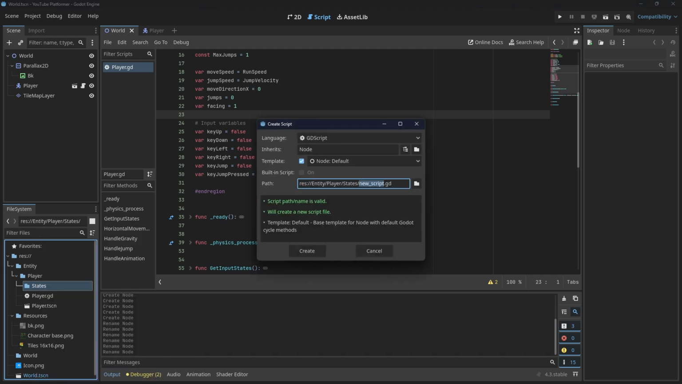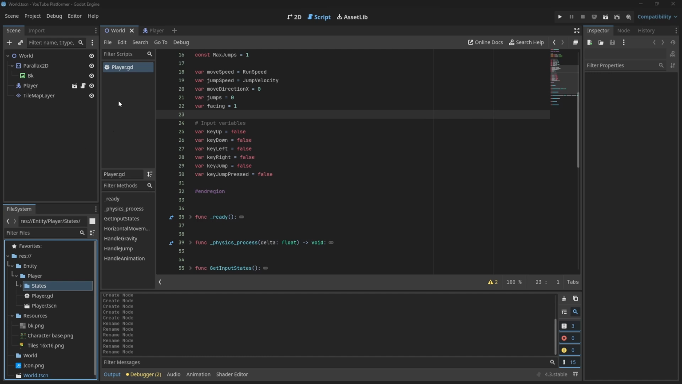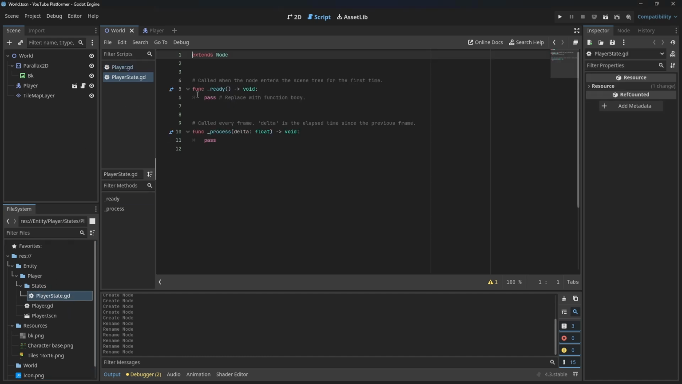So first thing, we're going to create a new script. I'm going to call this PlayerState. We're going to hit create, and then open that up. This state will be like the base class that's going to be the outline for each state. It's going to have all the functions that each state should have and be the blueprint for each player state. So up top, we're going to put